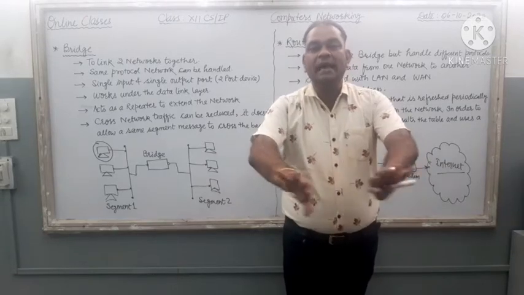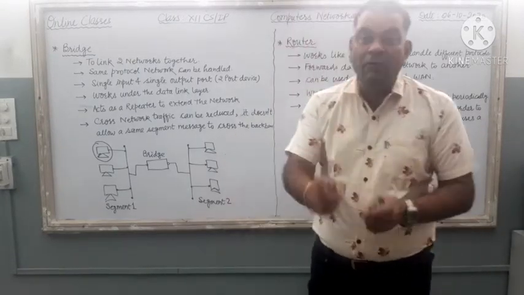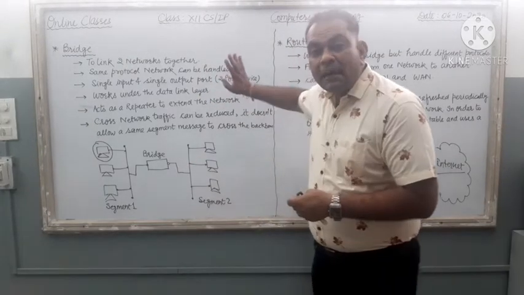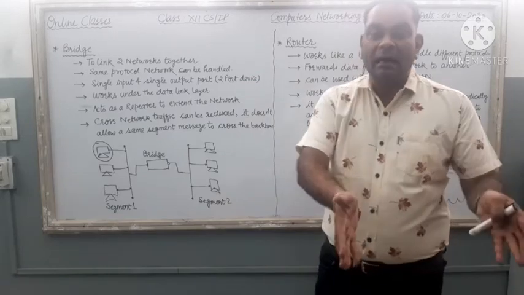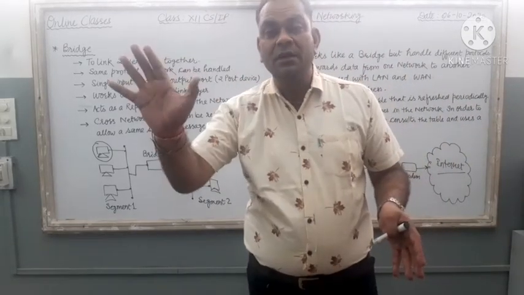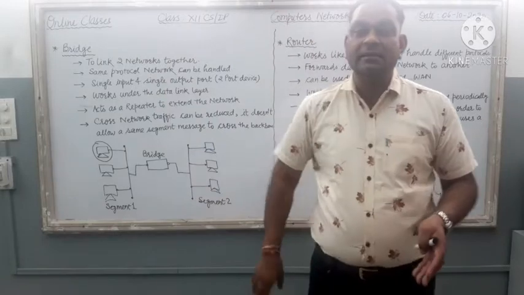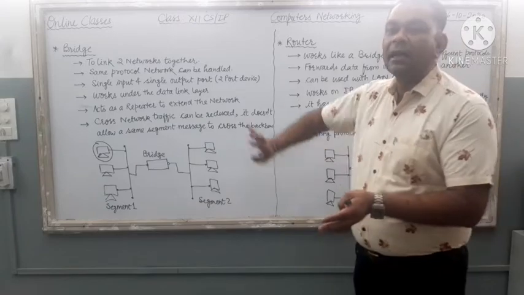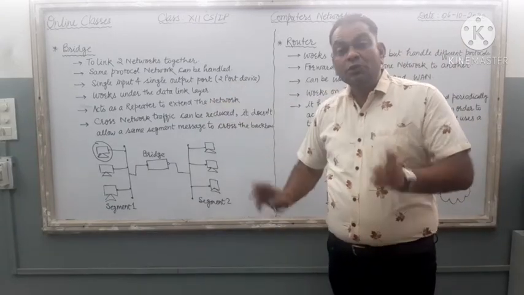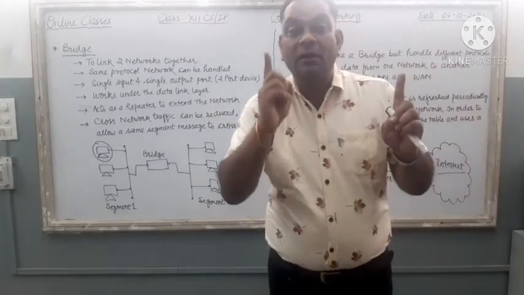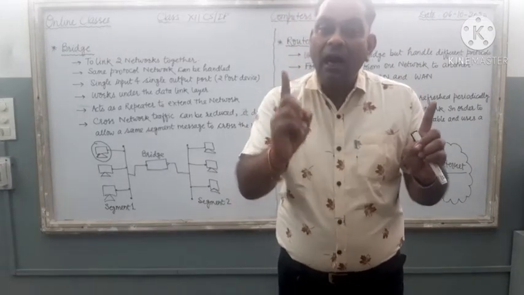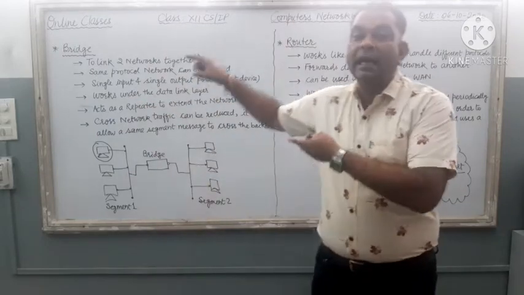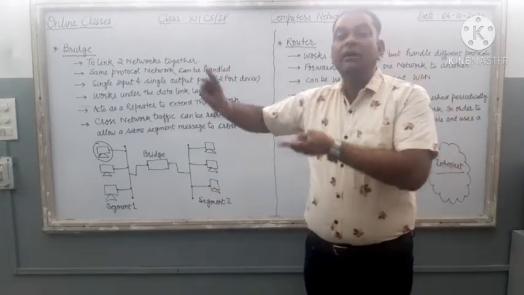So it is known as segment 1. Now suppose we do the same work in the junior computer lab, which is a separate network. Suppose in our senior computer lab we put a switch, and with the help of the switch we connect our 30 PCs. In the junior computer lab we purchased a hub and connect all these PCs using the hub. So here two different network segments are created. First network segment, our senior computer lab. Second network segment, our junior computer lab.